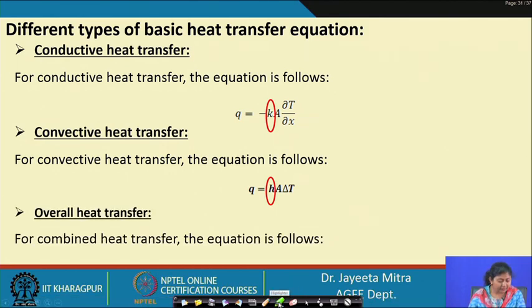So, the overall heat transfer coefficient. When we deal with a practical case, for example a heat exchanger, we are talking about two fluids separated by a wall, a heat exchange surface. That means the fluid has a convective heat transfer coefficient on both sides of the wall, and the flow of heat has to cross the wall of the heat exchange surface as well. So, here we need both conduction and convection together, and we combine them to find the overall heat transfer coefficient.